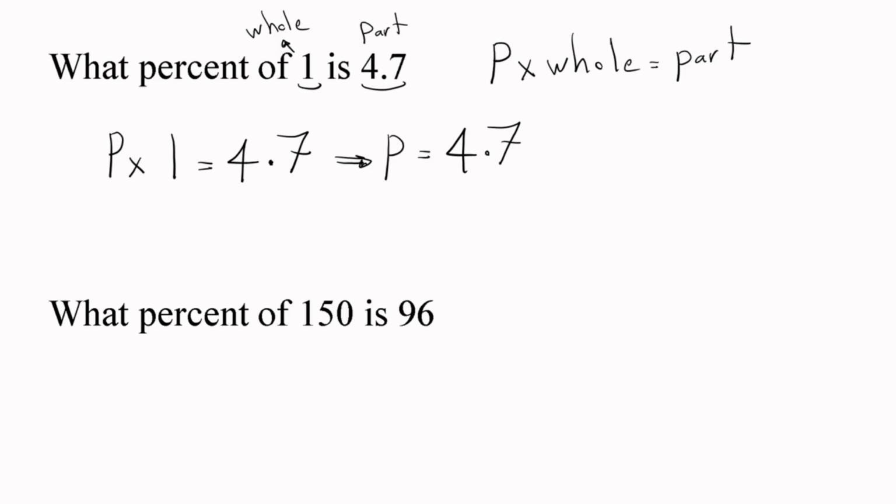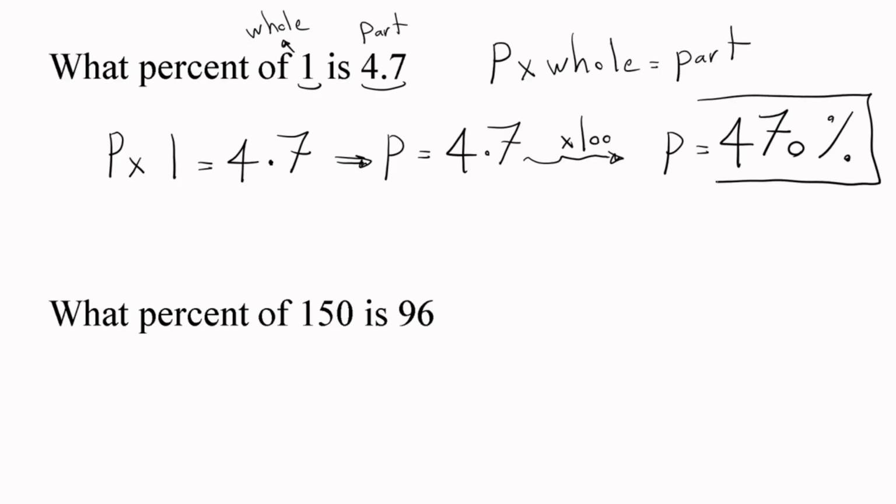What should I do when I want to convert a number to a percent? I must multiply by 100. When I multiply by 100, I must move this decimal point for 2 digits. So percentage will be equal to 470. And do not forget the